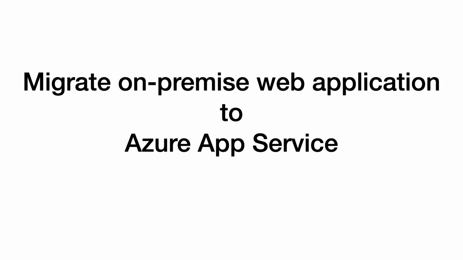Typically, companies host their web application on premises on Windows Server machines. We have IIS and SQL servers configured. So for this, we need to pay the maintenance cost. We need to pay for the hardware, then we have to do OS updates, and we also have to pay licensing cost. So in Azure we can use Azure App Services.